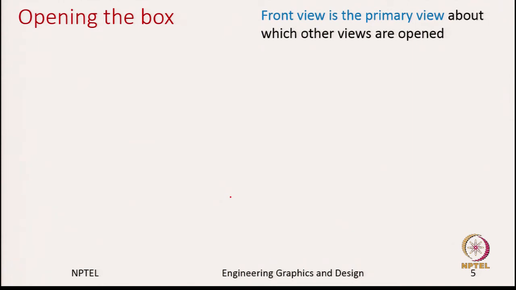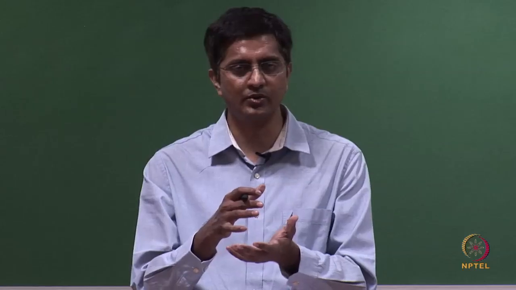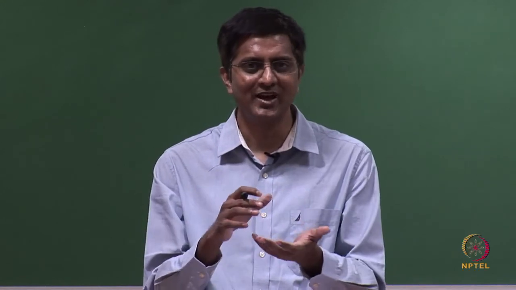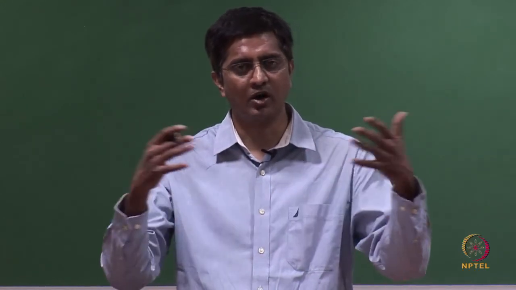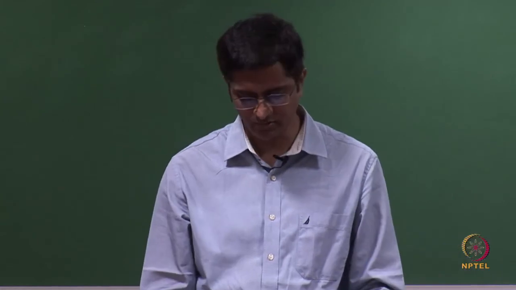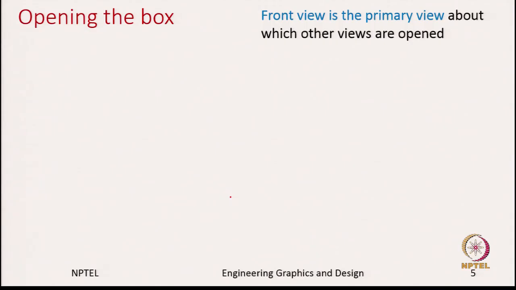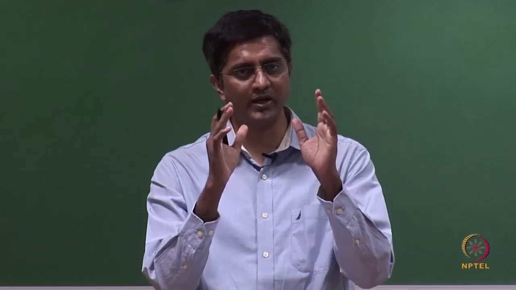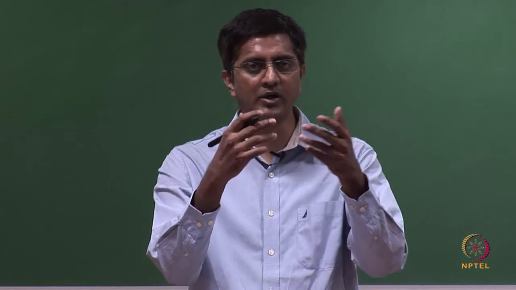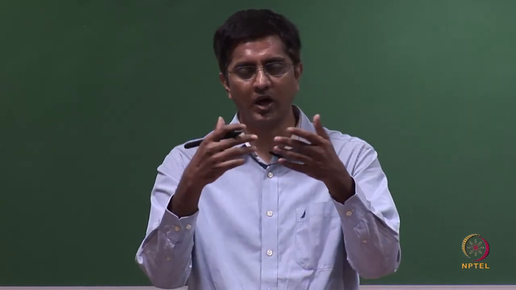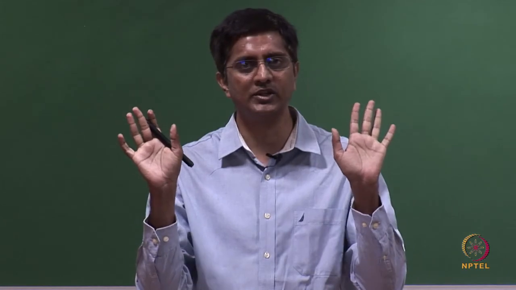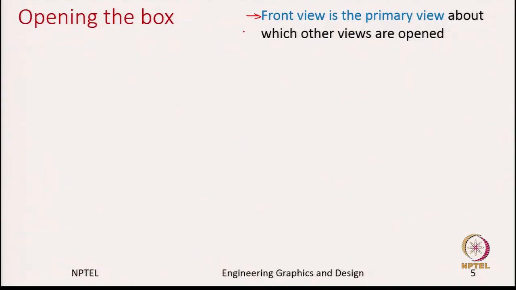Think of a pizza box. You have the object in the middle, the pizza, and once you open the box, all of them fall in the same plane. Similarly, we will do the same. But when we do this operation, we should keep in mind that the front view is the primary view. Which means we will not disturb the front view; it will remain wherever it is. All the other remaining 5 views will unfold and be parallel with this front view. So, let us see how it happens.